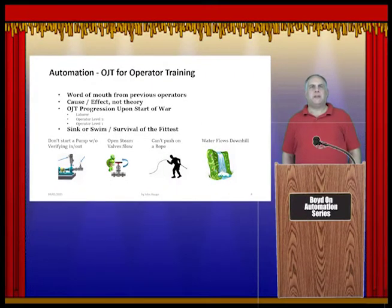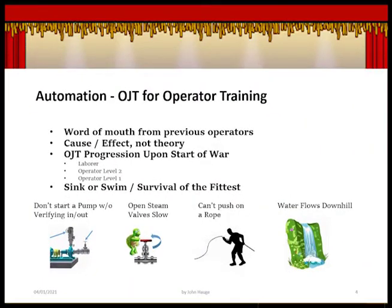Operator classroom training is focused on government and customer mandated policies. Many companies have limited dogfighting training, like simulated alarm flood situation training. Many do not do formal training on cascade loop control or how to read sequence code. Many do not train on how to read and interpret a P&ID drawing. Many plants are challenged by having few accurate P&ID drawings, or the plants do not provide the operators access to